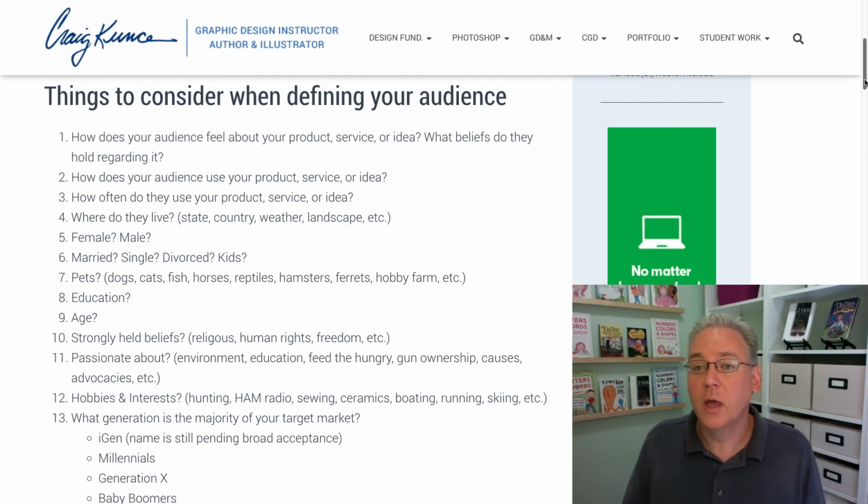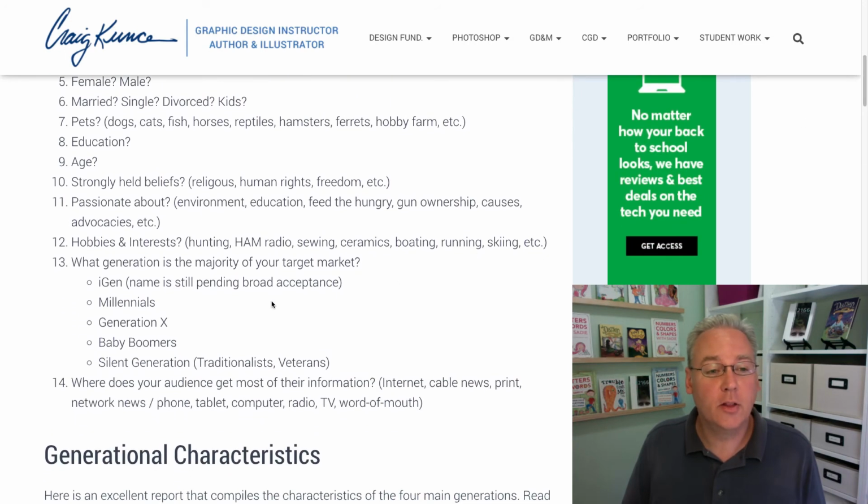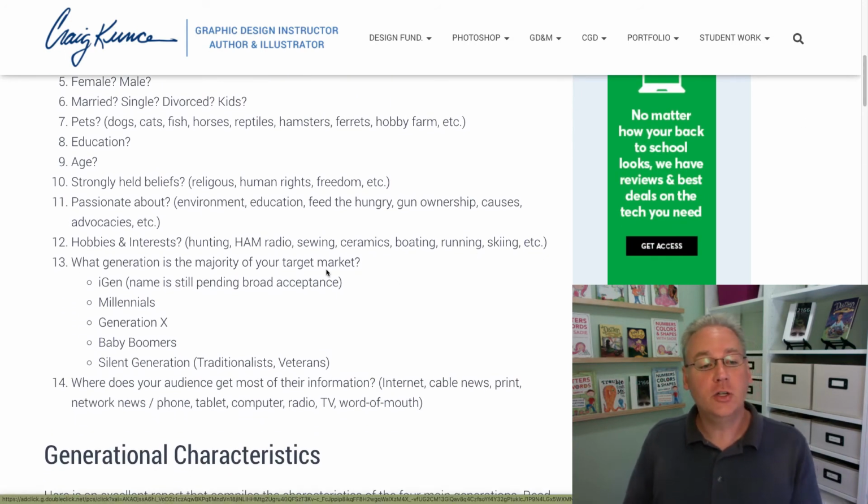Hobbies and interests. You can also, to some extent, look at their generational affiliation. So if I'm a Generation X, there are some assumptions that are probably true about my generation. We were kind of raised as latchkey kids. Our parents might not have been around as much. Again, this isn't everyone, but they've talked to enough Generation Xers. We were born between 1970, 1980, 65, maybe to 80. They've talked to enough of us to find out that, wow, there are some similarities that these people from this generation share. A lot of us don't care for authority.